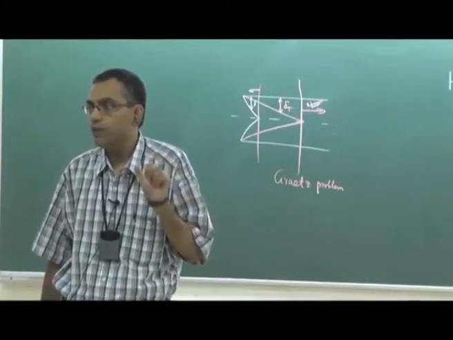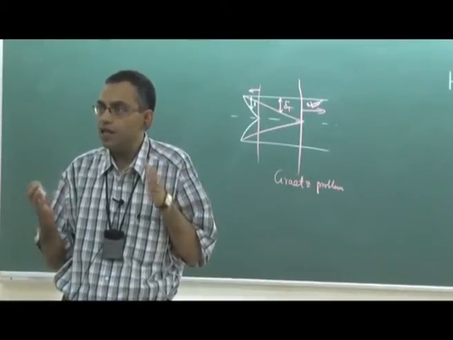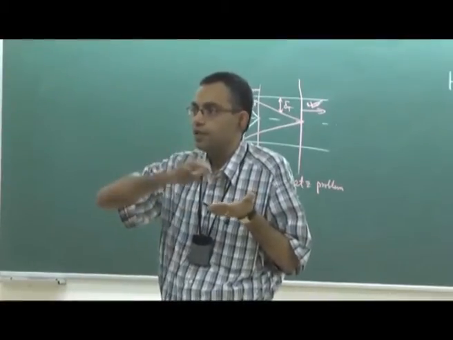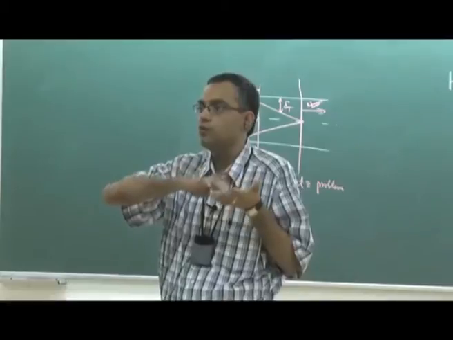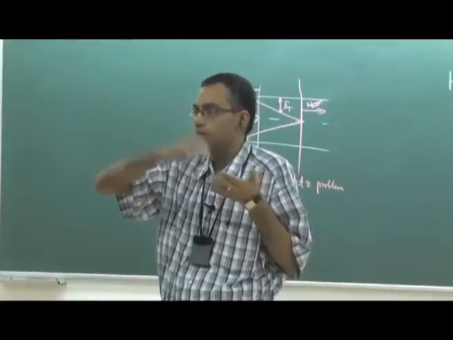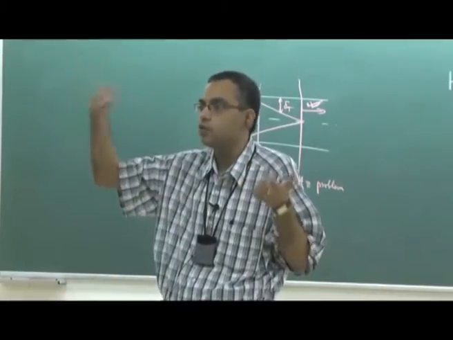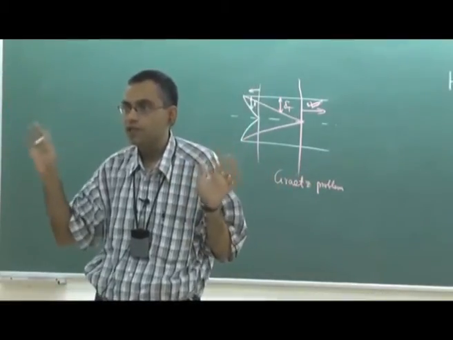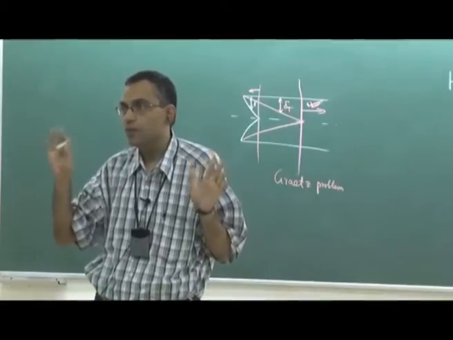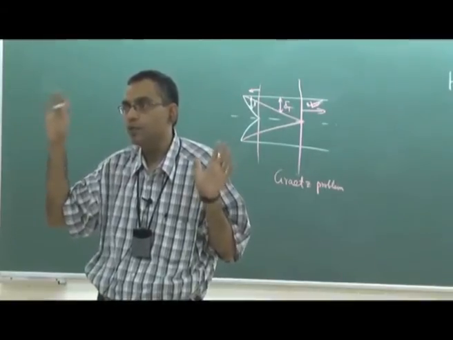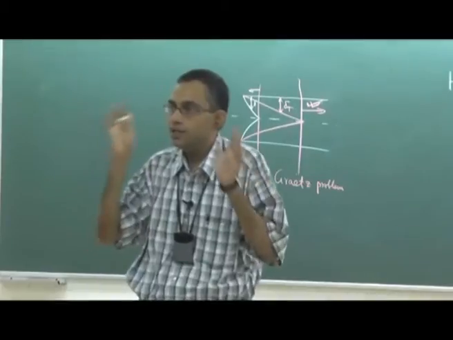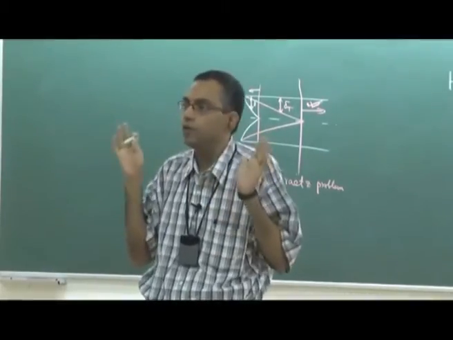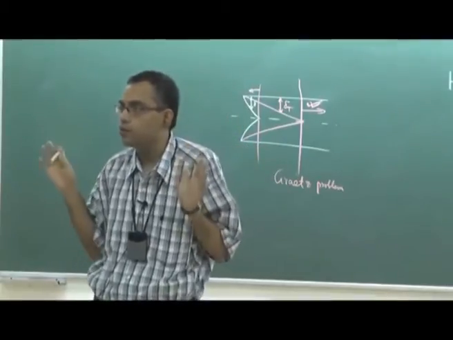So we have to keep in mind what earlier cases we have studied for evaluation of Nusselt number, flow over a flat plate. Their Nusselt number was of the form of Reynolds number to the power something, say half, into Prandtl number to the power something, say half or 1/3. This kind of expression we have seen. So Reynolds number to the power m into Prandtl number to the power n. In general, for forced convection, Nusselt number is actually of the form Reynolds number to the power m into Prandtl number to the power n.